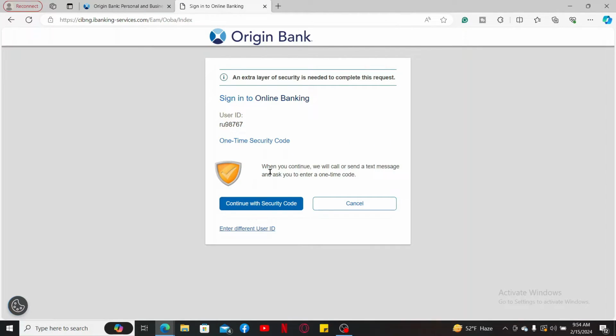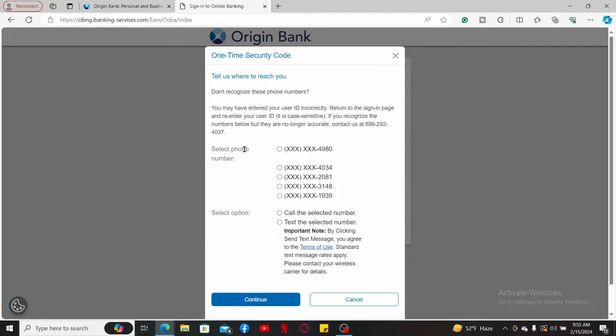On the next page, go ahead and click on Continue with Security Code and enter the security code that you receive. You will receive a security code with your phone number or via a text message. Once you are done, click on Continue in order to verify yourself and log into your Origin Bank online banking